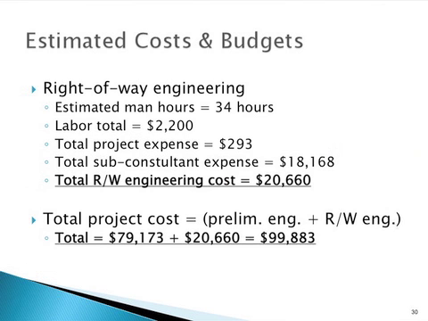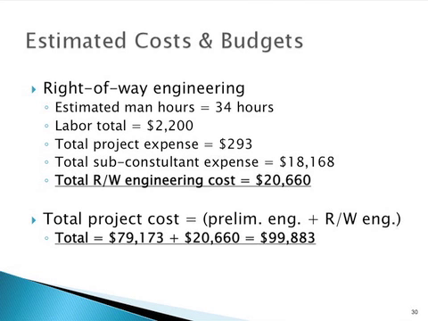$79,173. The same steps were taken for the right-of-way engineering services. First, a man-hour projection was made of 34 hours, which led to a labor total of $2,200. The total project expense for right-of-way engineering services is $293, with a total subconsultant expense of